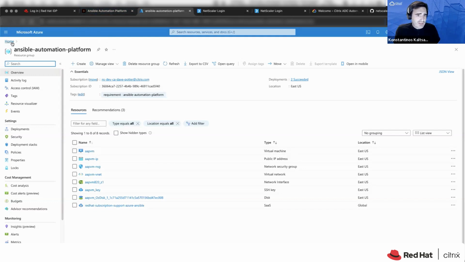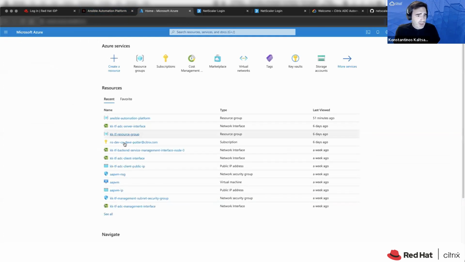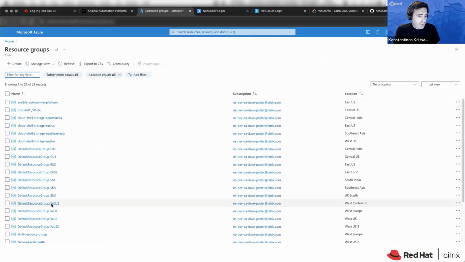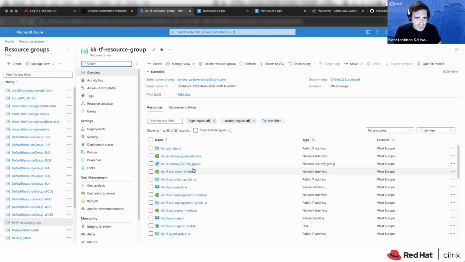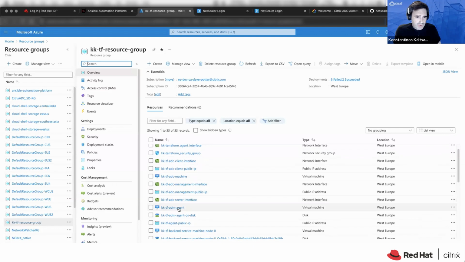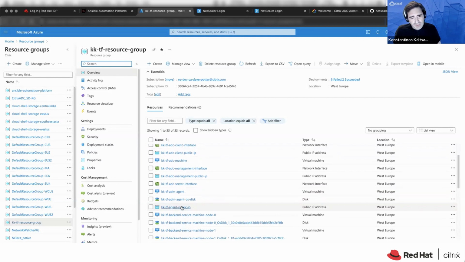In addition to that, I have also created a resource group where I have deployed my demo applications and also the NetScaler that has been deployed on Azure. You can see here that I have the NetScaler that is running. I have also deployed the ADM agent, which is a way to provide the license to my NetScaler.